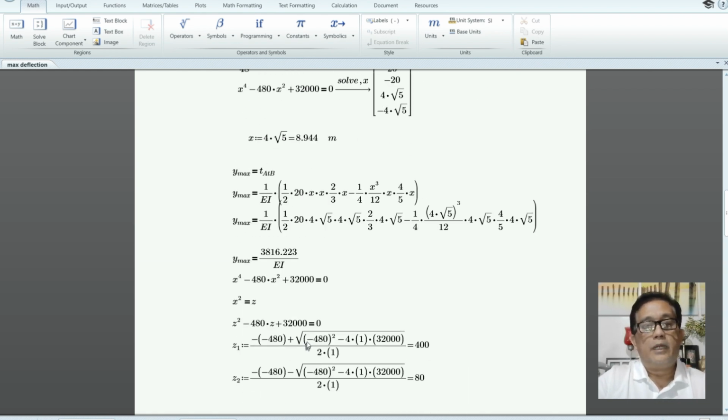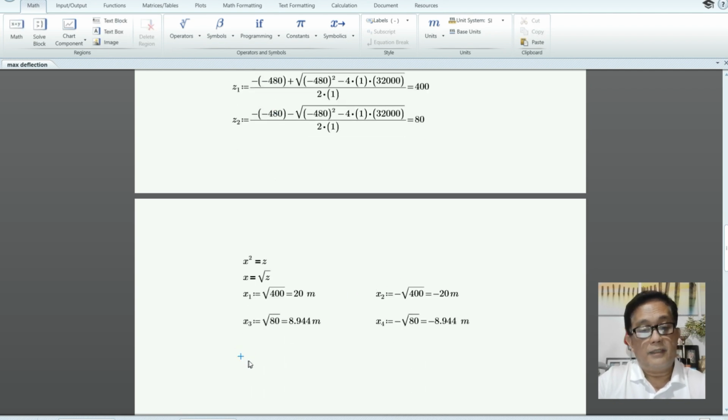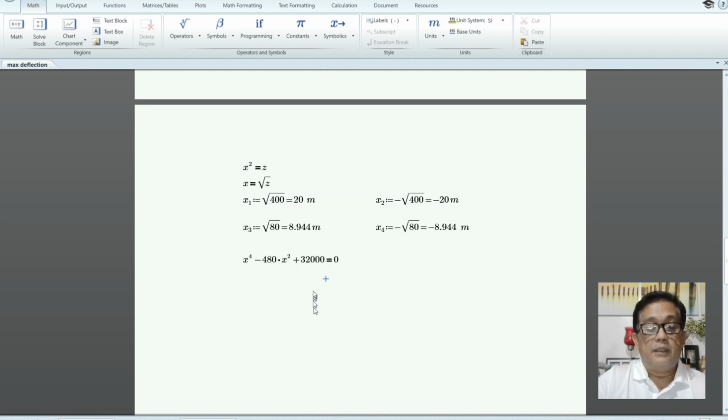Next method. What if you forget? It's really impossible, but what if you forget the quadratic formula? How are you going to solve this one? And you don't have one of those calculators that can solve this. So let's try factoring. The constant term is so big, and there are several factors that will give you 32,000. So it will take time to find those factors that will also add up to negative 480. So let's not focus on the factors of the constant term 32,000.